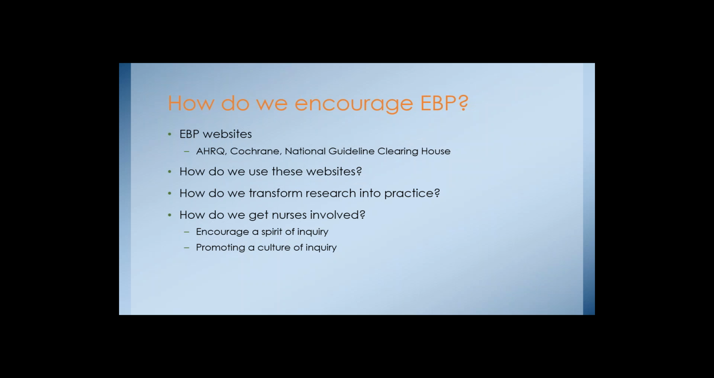When we transform research into practice, one of the things that we really encourage is supporting a spirit of inquiry and then promoting this culture of inquiry. We do lots of things to encourage and promote the spirit and the culture that's needed to ensure that evidence-based practice is upheld. A lot of hospital settings and other areas where we practice, because not everybody practices in the hospital setting, but lots of different settings go through, and they have